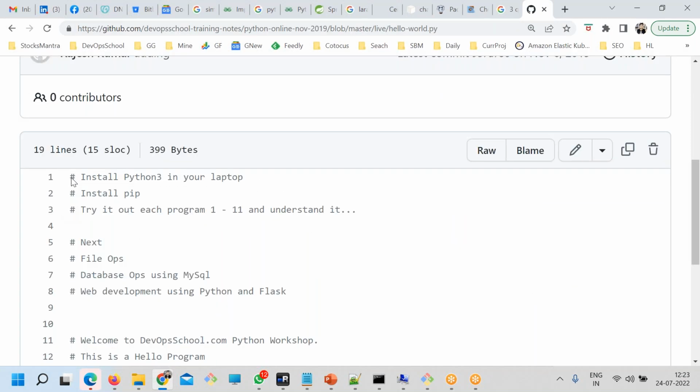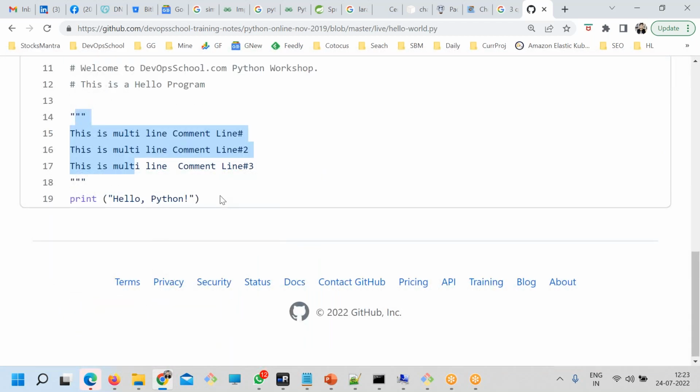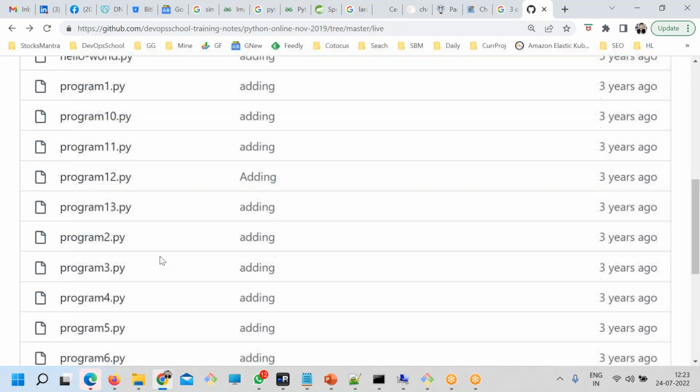Through this program, we learn how to comment single line, how to comment multiple line, and how to print some string which you want. Print is a function, okay? As I said, you can write your own function, but print is one function which is a built-in function to make our life easier. Okay, so that's the one program.